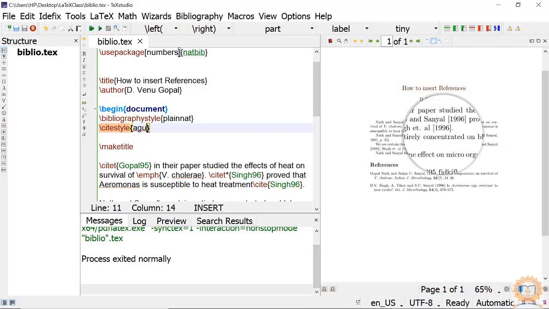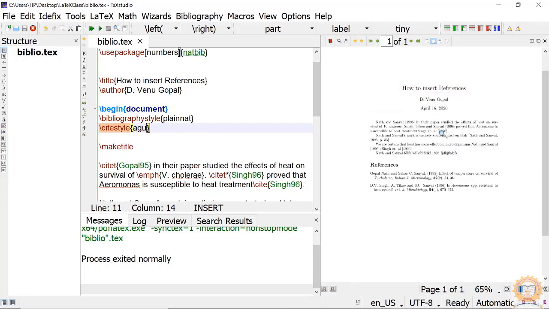Yeah, style adu or plainnat. Plainnat we have already given, plain.